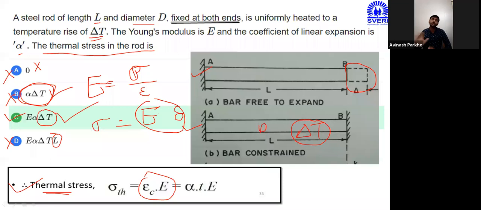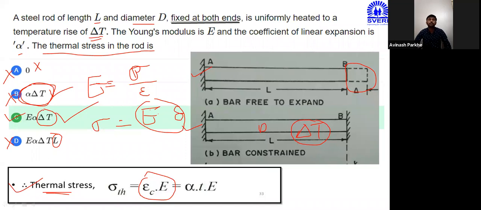And based on this particular thermal stress condition, one problem or one numerical is there in your GATE examination and the competitive examination. For such types of problems, there is a negative marking system because 4 options are given to you. If you choose the correct option, you will get the full marks. If you choose the incorrect option, then there is a possibility of negative 1/3 marking.